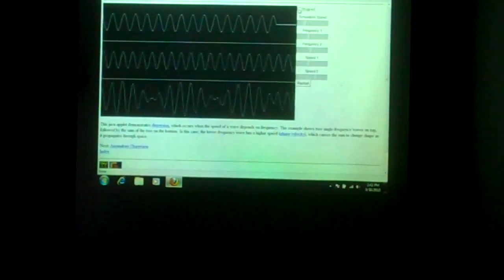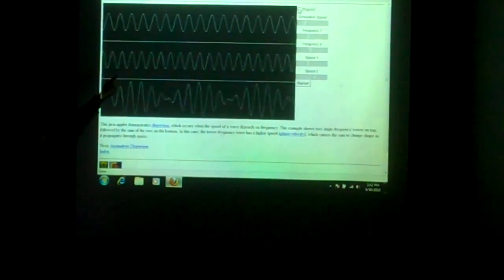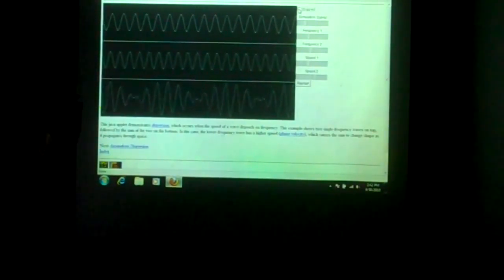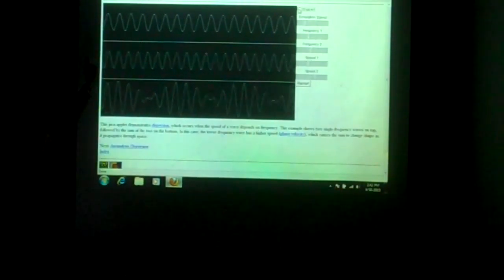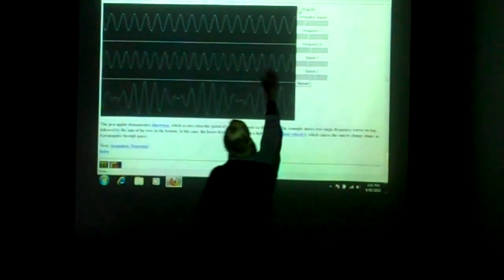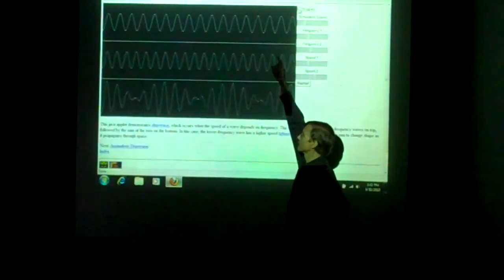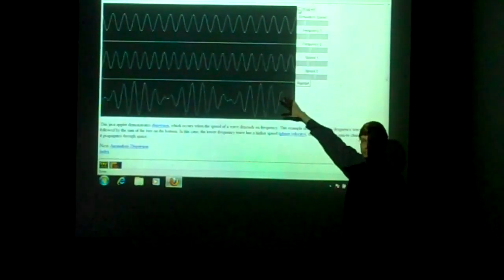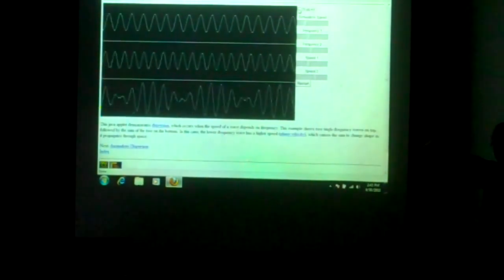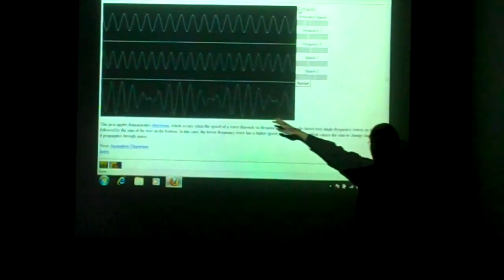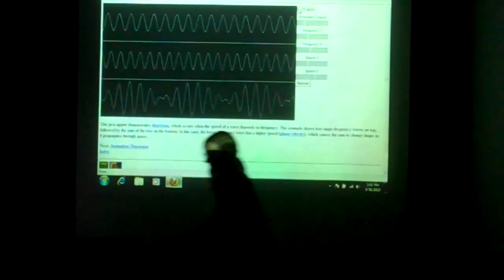Okay. So you can see that the wave on the bottom, which is a shorter wavelength than the wave on the top, is moving faster than the wave on the top is. And so the middle wave is moving faster than the top wave. They're both pure sinusoids. On the bottom is their sum. So point by point you add them together, and you see what results. And so if I stop it again,